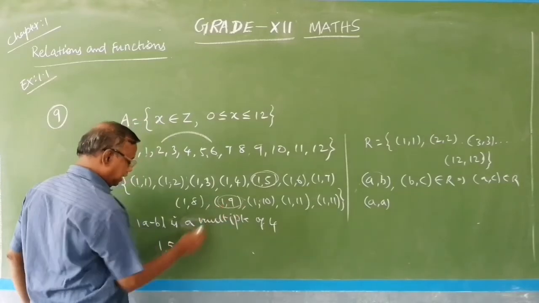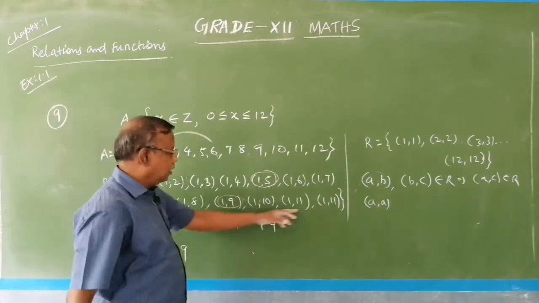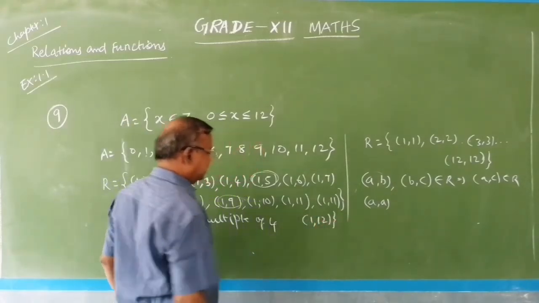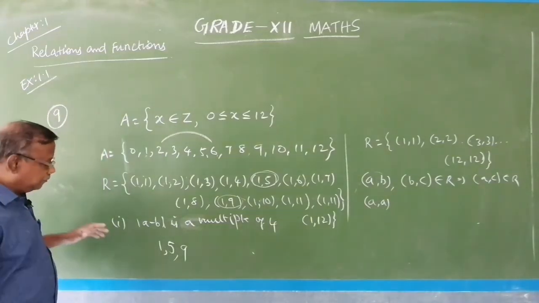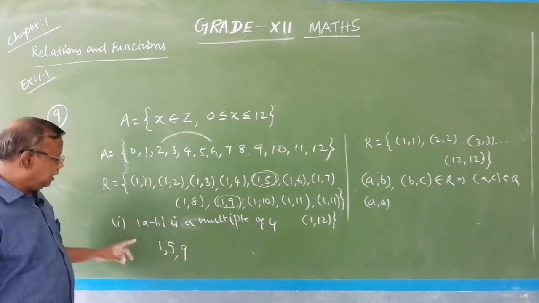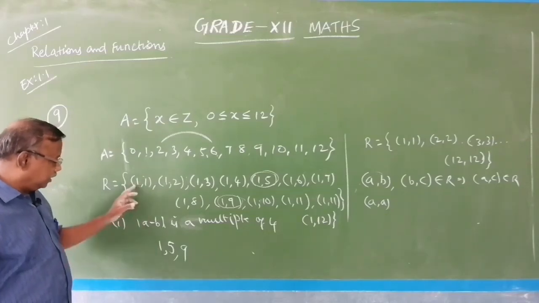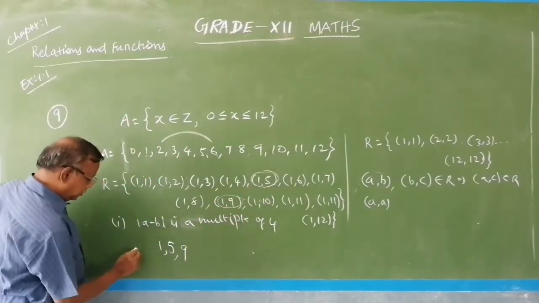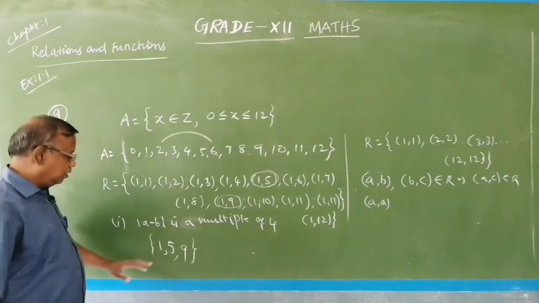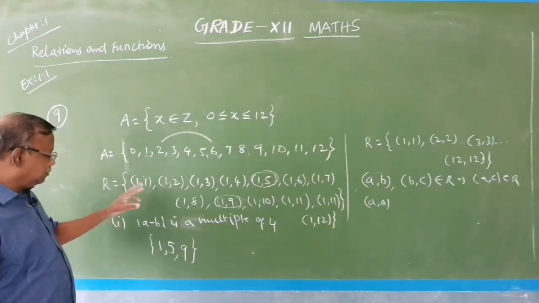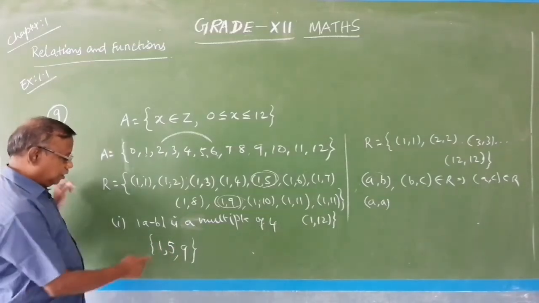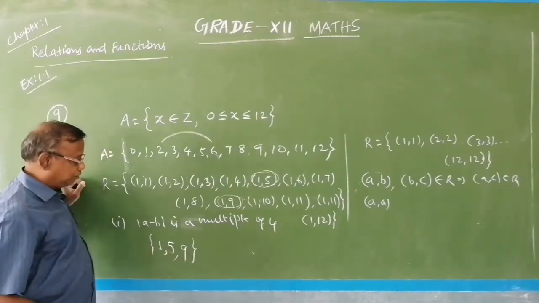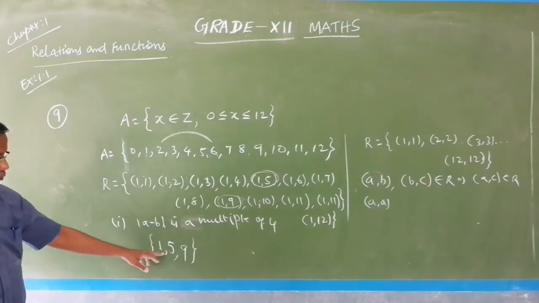Here next one is 1 comma 9. So, another element is 9. There is no other element apart from here; 1 comma 12 also is an element of R. Now, analyzing, the elements related to 1 are 1 and 5 and 9 only. Therefore, the elements 1, 5, 9 are related to 1 only, because the difference between any of these related to 1, 1 minus 1 is a multiple of 4, 5 minus 1 is a multiple of 4, 9 minus 1 is a multiple of 4. There is no other element rather than 1, 5, 9.